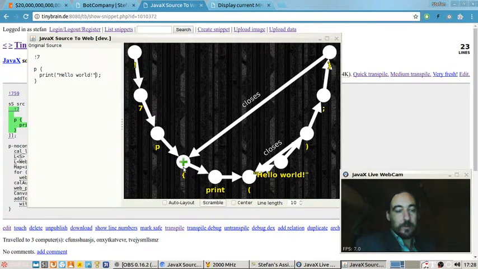And then the program looks for brackets, opening and closing brackets. There are 2 kinds that are particularly important in Java. These curly brackets and the round brackets. There are 2 more types, but they're not so important. These are really important for understanding the structure of a source code. And with these arrows, it's pretty intuitive. So from here we can go about annotating more things, like what is a statement, what is a code block, what is a class declaration,